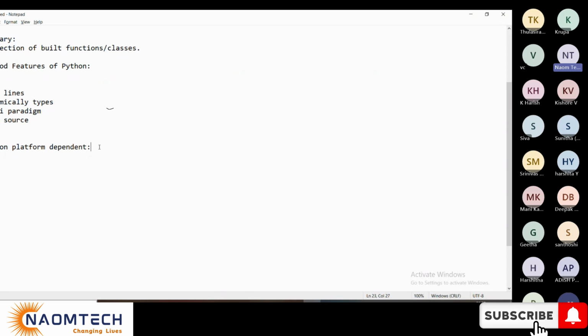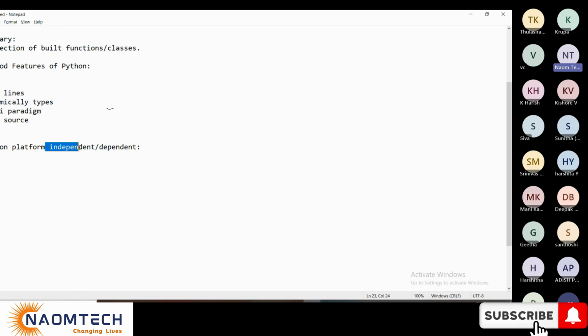It's so simple. I'm not going too deep into this because I don't want to spend more time on this topic. Platform independent means we can distribute the code of that language to different operating systems and run it from anywhere. That is independent.